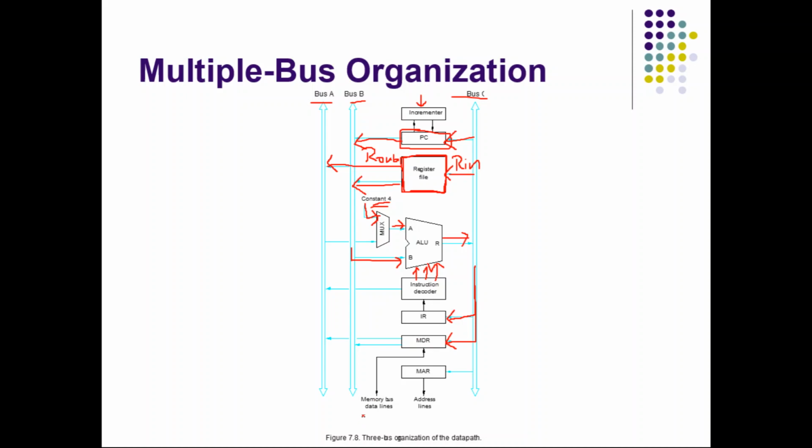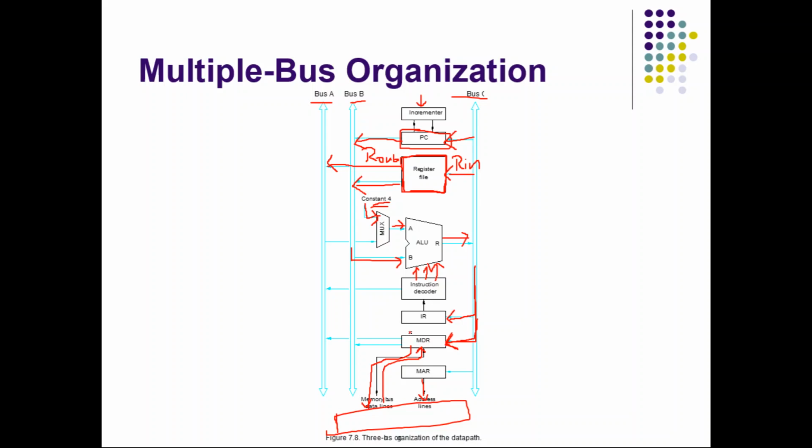This is memory, which is external to the processor. If something is to be transferred from memory to MDR, that will happen like this. Similarly, if something is to be transferred from MDR to memory, that will happen like this. And this is MAR. The address of the memory from which the content should be read or written will be given through MAR. If some content from the processor should be transferred to MDR, that can be done like this through bus C. From MDR, say something from memory you have read.